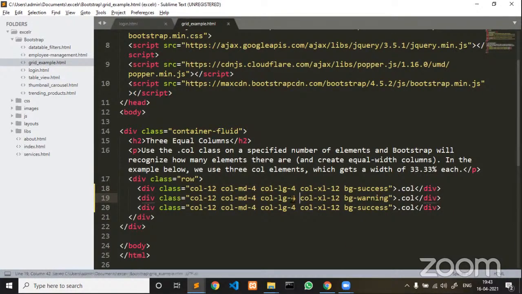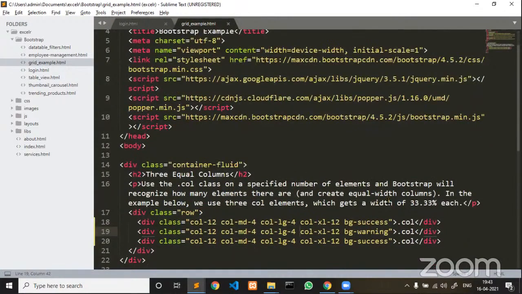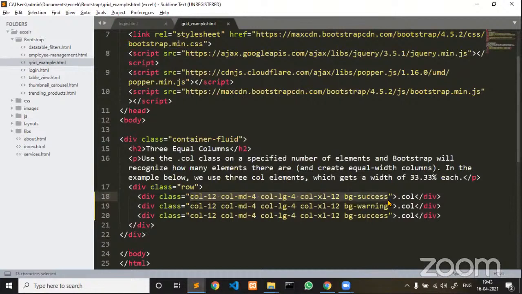Now here we are just picking up the respective classes and displaying them over here. And if you observe in this web page, there is no CSS. We haven't written any customized CSS. Every class is already provided by Bootstrap, and we are using the predefined classes which are there in Bootstrap.